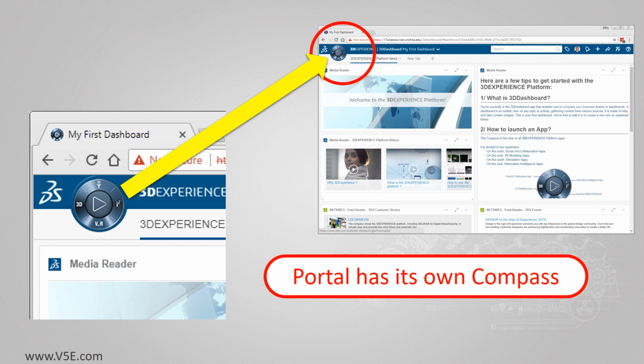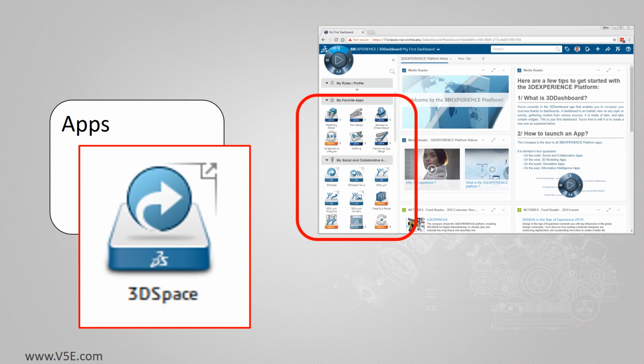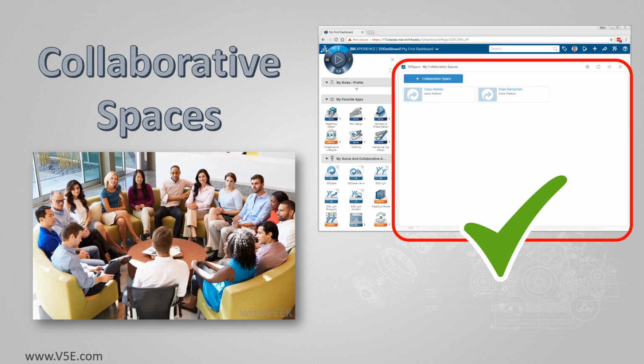The portal also has a compass, which allows you to pick apps. So if you just get to the portal, you can pick whatever you want there. So once we're there, we pick the 3D Space app. And then that takes you to your Collaborative Space app. Good, we're there.